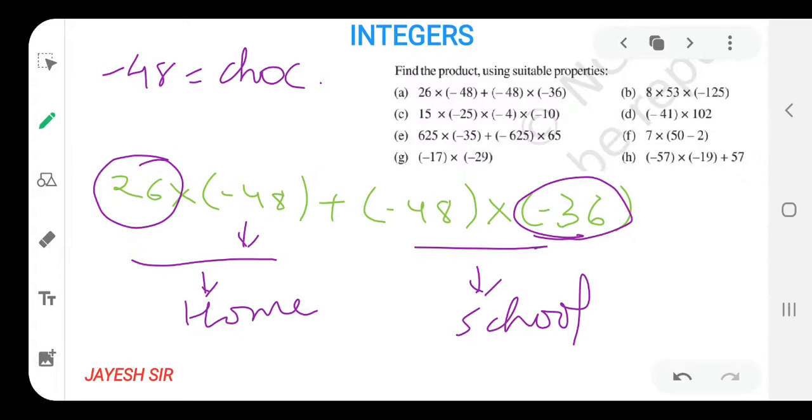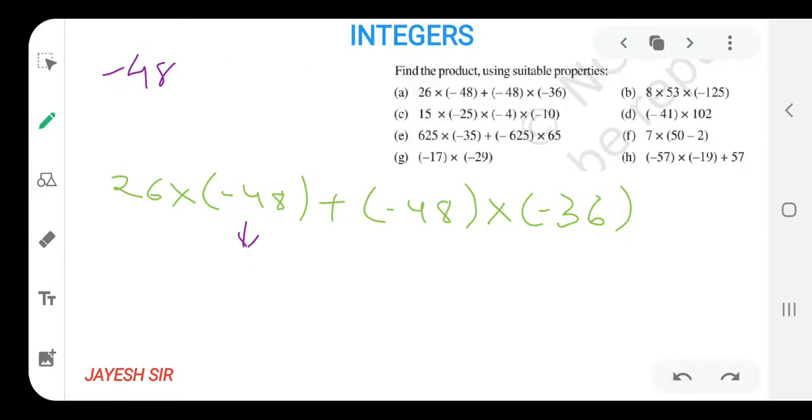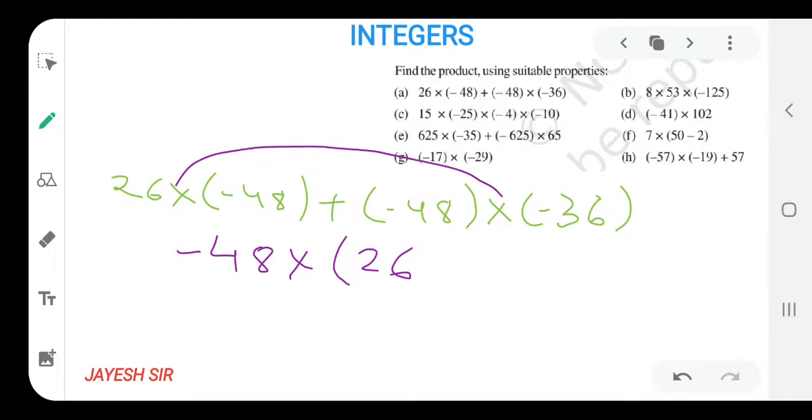Yes. Now what are we supposed to do? Can we take minus 48 as common, because I am getting similar chocolate from both the places? Yes, friends, I am getting the same type of chocolate at home and in my school also. So what we can do? I will take these chocolates out and I will try to calculate how many chocolates I have got from both the places, that means from home and from my school. Now a multiplication sign would be there. Why multiplication sign? Because there is a multiplication sign and the plus sign would be inside the bracket. I hope you all might be getting it, friends.